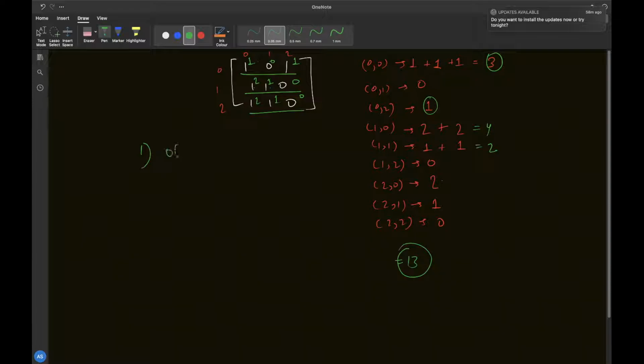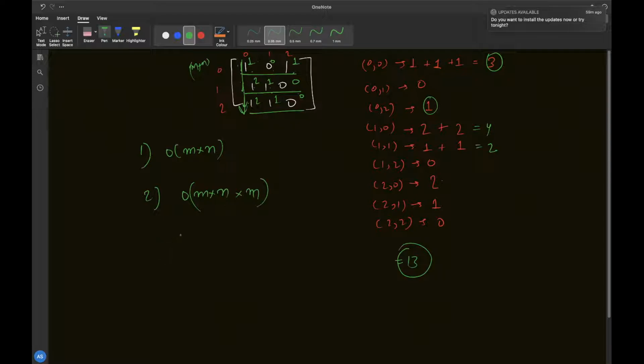So that will be done in order of m cross n, right? And then second, for every element taken at the starting point. There are a total of m cross n elements we are taking at a starting point, and then we are increasing the height one by one, and the maximum that height could go is the whole height of the row. If it is an m cross n matrix, then this will be m.